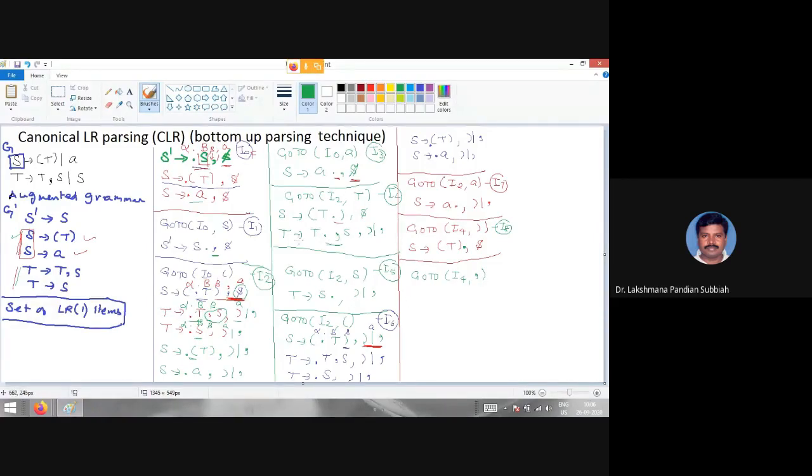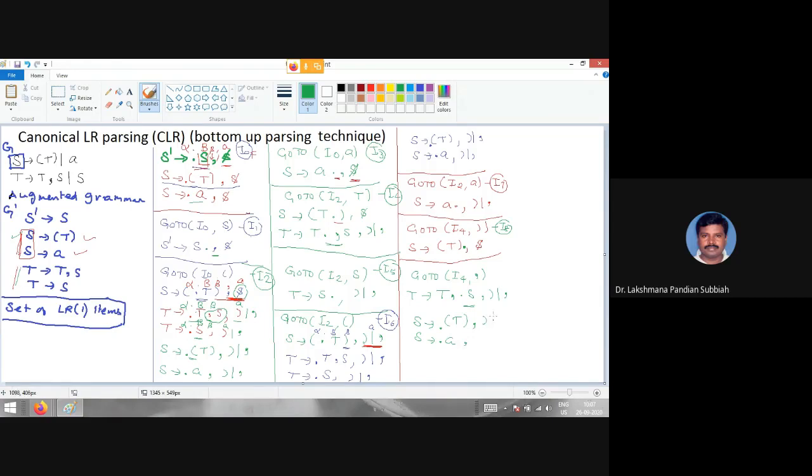So you have to write as it is, then you have to move your dot after comma. Move your dot after comma, then put yes, here, close bracket and comma, right? Now here we are having, after that we are having yes, so you have to expand. So now you have to expand that one as here, yes, there is open bracket T close bracket, yes, there is A, right? Now the lookahead is here. Here this is B, theta is empty. So whatever lookahead here, that same lookahead is followed here, right?